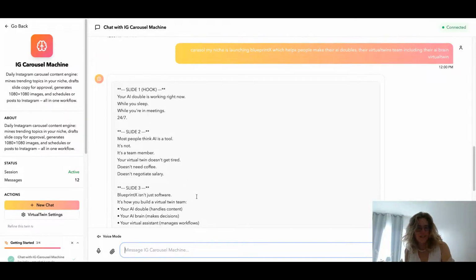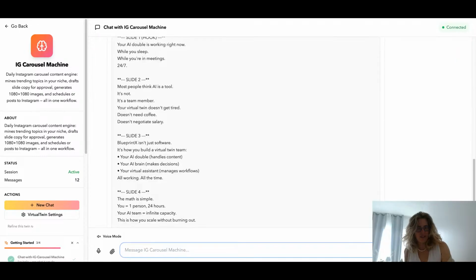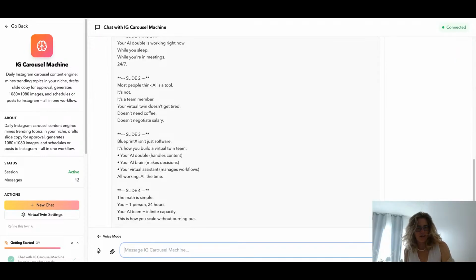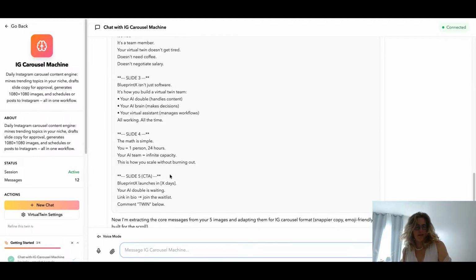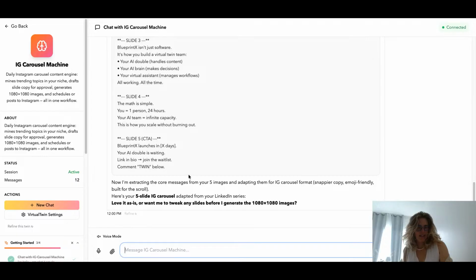Okay, so here it says your AI double is working right now while you sleep, while you're in meetings. Most people think AI is a tool. It's not. It's a team member. Your virtual twin doesn't get tired. It doesn't need coffee. It doesn't negotiate salary. BlueprintX isn't just a software. It's how you build a virtual twin team. Your AI double handles content. Your AI brain makes decisions. Your virtual twin manages workflows, all working all the time. The math is simple. You, one person, 24 hours. Your AI team, infinite capacity. This is how you scale without burning out. BlueprintX launches in 17 days. Your AI double is waiting. Link in bio,